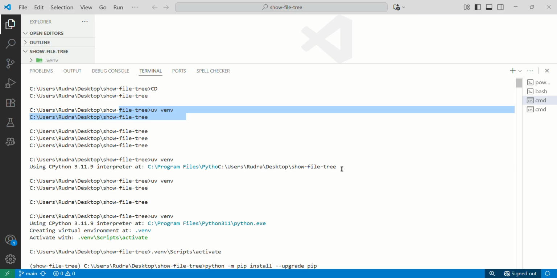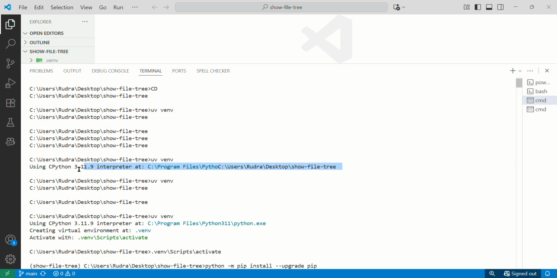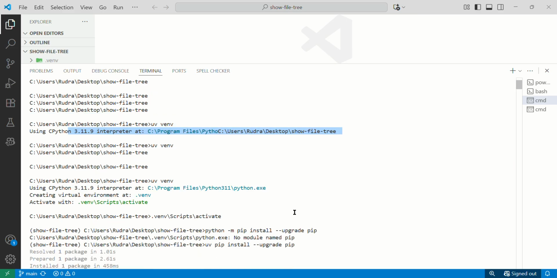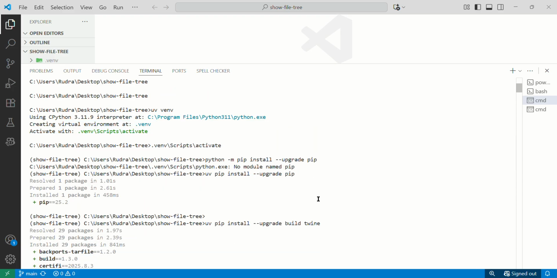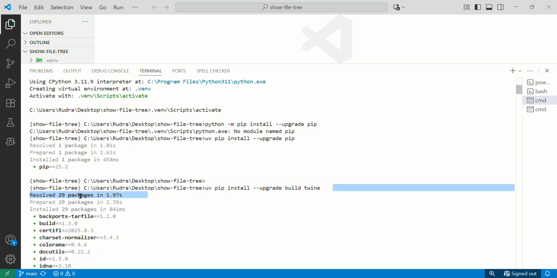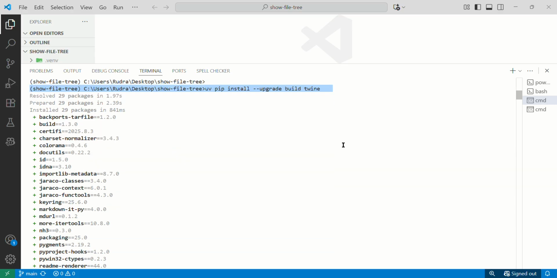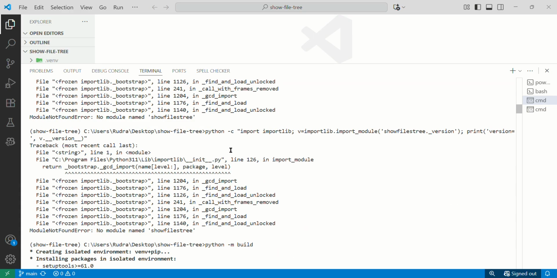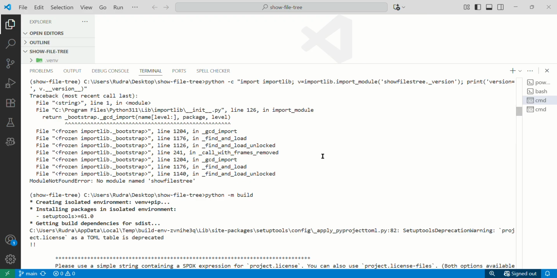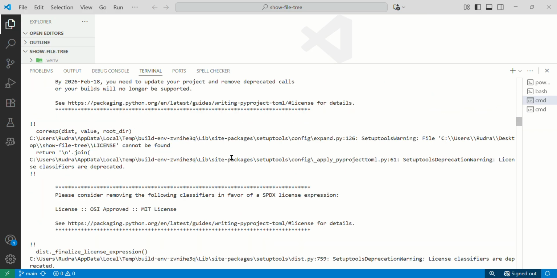Virtual environment, then activate the virtual environment, then install, UV install and upgrade. After that, some errors, and then